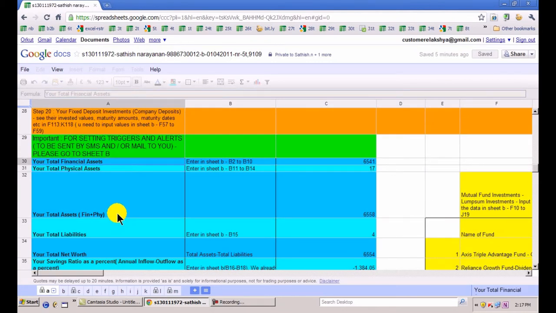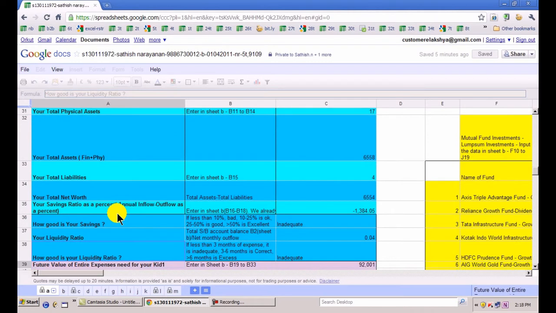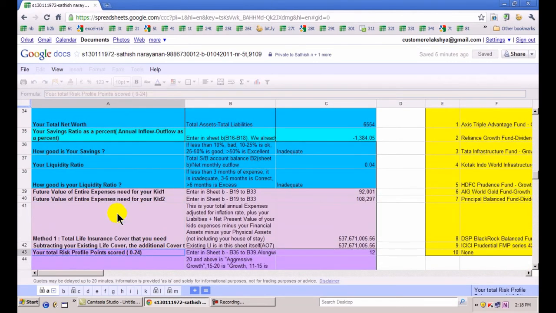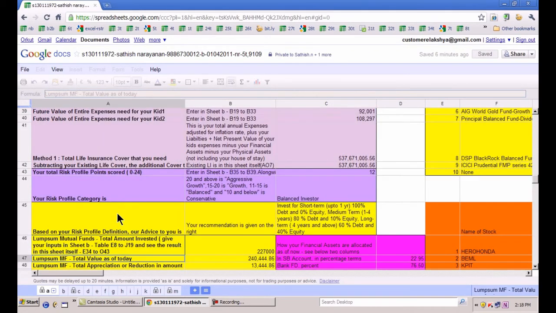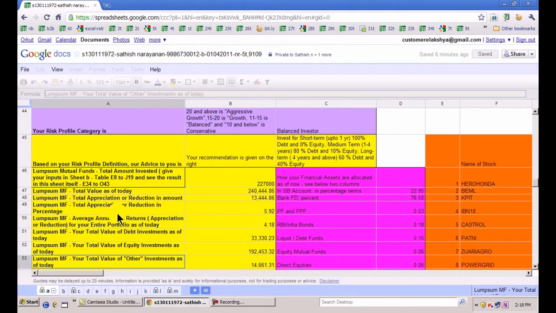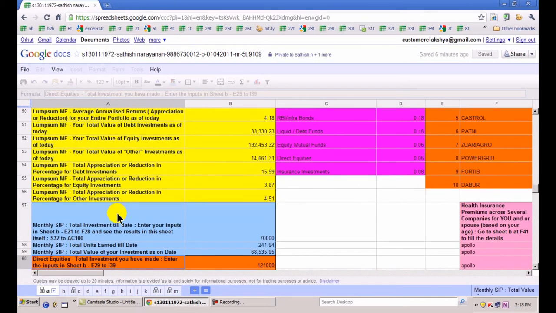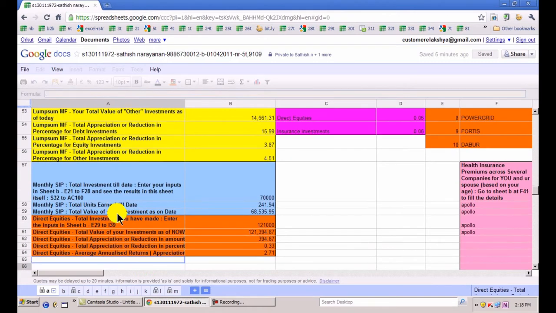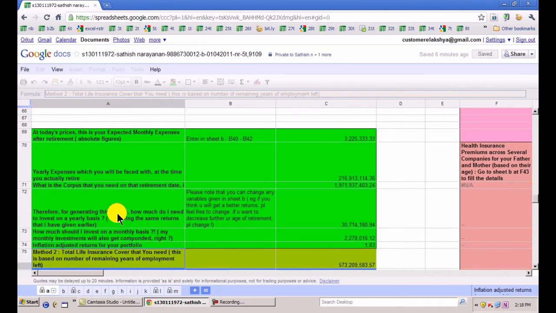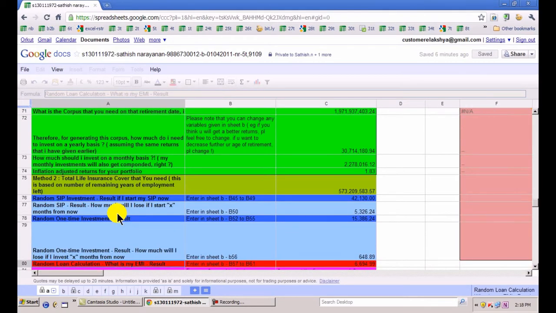Point number 7. All these tools given are financial planning tools which follow a logical flow or sequence, starting from how you save for your net worth, how you save for your emergency, whether your savings is good enough in the case of emergency requirements, your liquidity, your future value of expenses needed for your kids, which is goal planning, your risk profile, and obviously the risk profile also changes from time to time based on the data that you have provided, your mutual fund information, your stock holding information, your SIP information, the total assets that you have on date, their appreciation, various percentages, your human life value calculators, which again change from time to time, retirement planning and goal planning kind of details, your health insurance details.